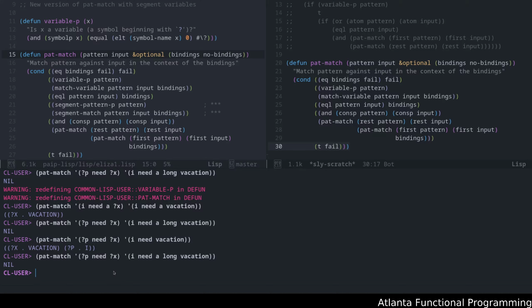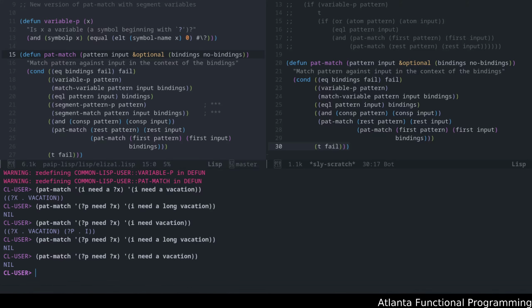Like if I just simply took the "I need vacation" and I just change it to "I need a vacation", you'll see that this will also fail, because the pattern matching isn't actually recursive, taking the rest of the input and just binding it. So this is not a completely huge deal. We can actually fix that by,